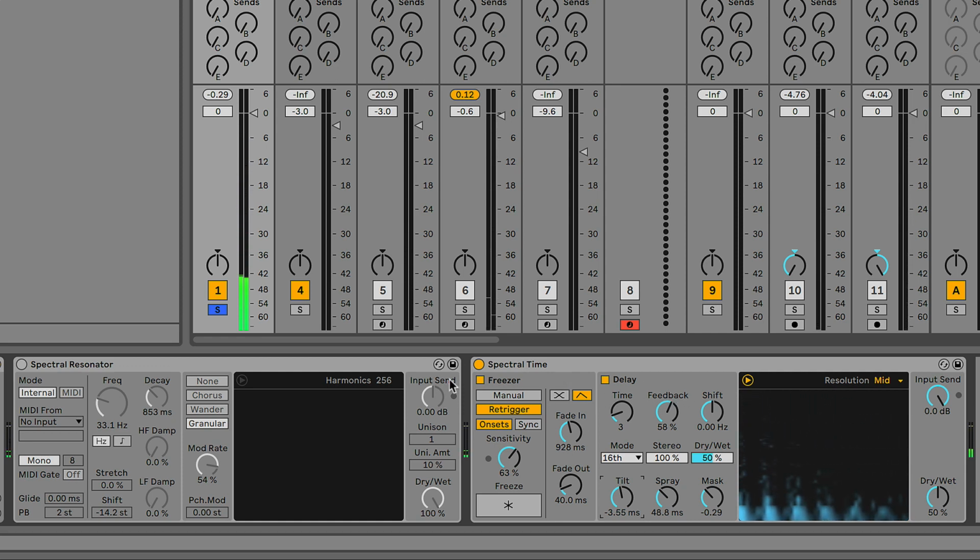So that's the sort of vibes you get out of that. Great for sort of drones and various other stuff. And then we've got the Spectral Resonator,